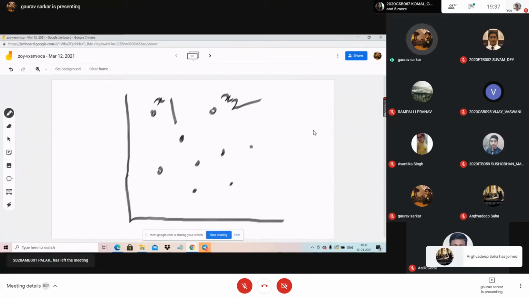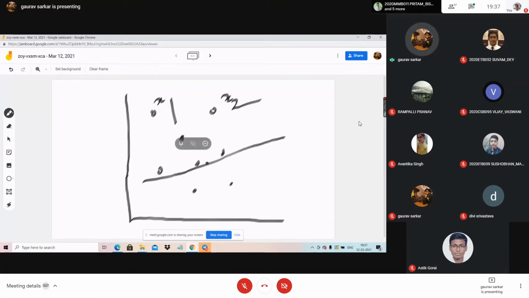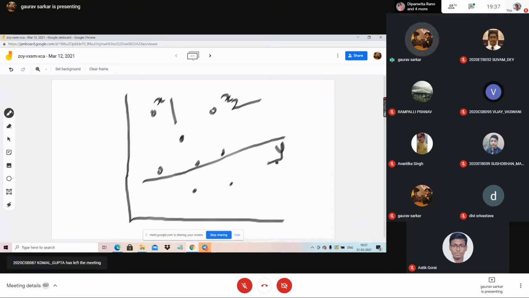So like this, suppose you have drawn a straight line which is passing through, say, three dots. All these points are the dependent variables, and this straight line is suppose y. This y is the independent variable. We call this y the independent variable, and all these coordinate points are the x coordinates, x1, x2, x3. All these are dependent variables. So what you have to do in the regression problem is find a straight line, this y, which will pass through the maximum number of points.